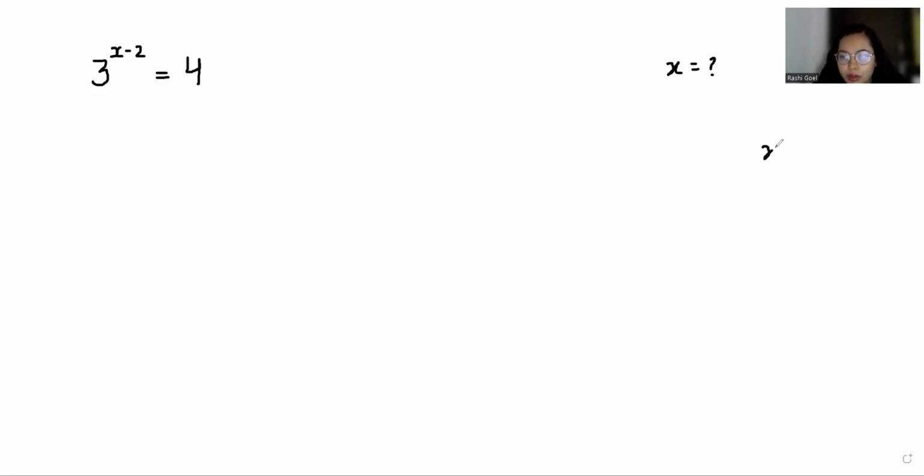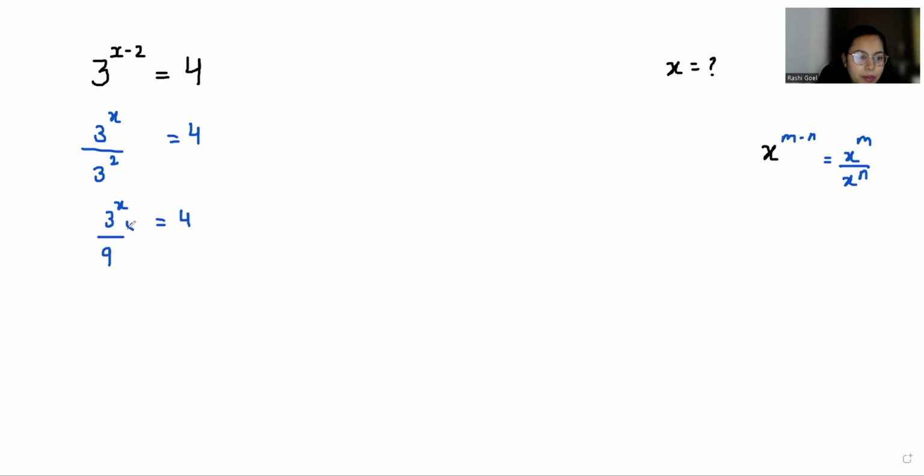So according to the exponent rule, x power m minus n, we can write it as x power m by x power n. Similarly, 3 power x by 3 power 2 is equals to 4. So 3 power x by 3 square, which is 9, is equals to 4. If I multiply both sides by 9, we can eliminate this. 3 power x is equals to